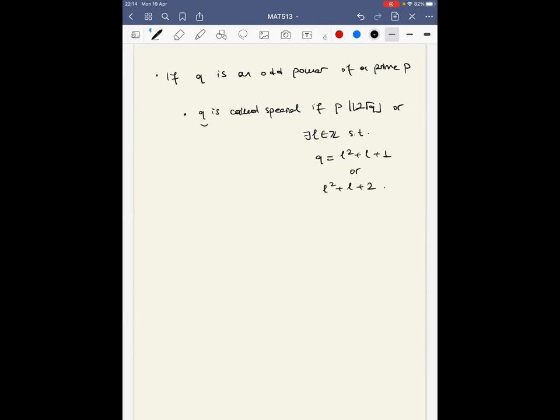And if q satisfies one of these properties, so if it is special, then